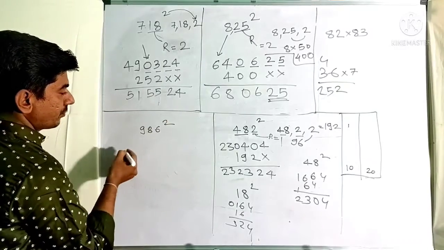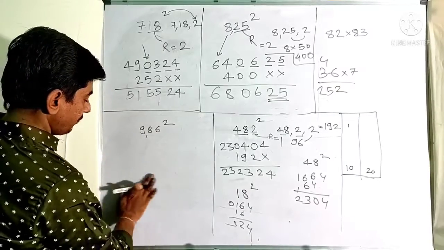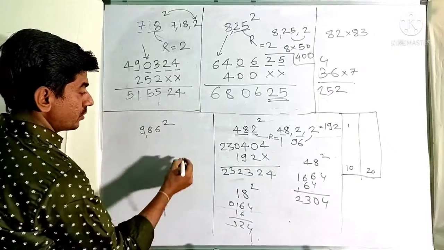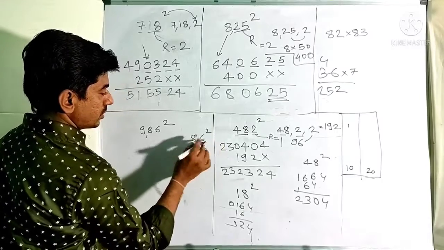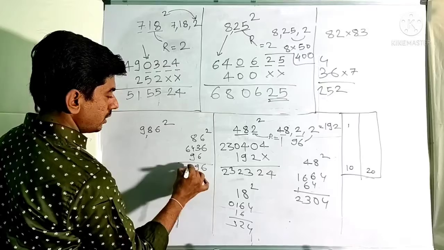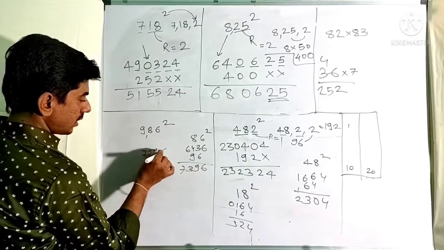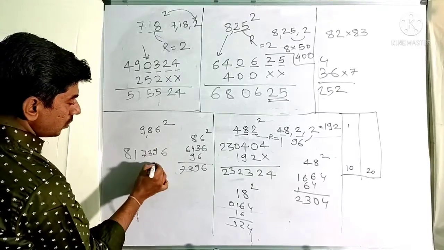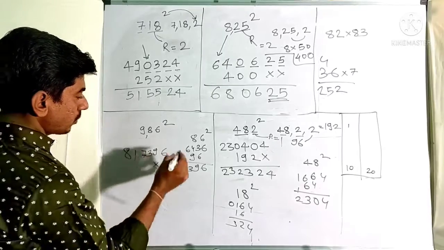986 square. Lengthy number. Multiplication you should also do, and you should also get the square of 86. Okay, 86, 64, 36, 48, 96, 6, 9, 3, 7, 86 coming as 7396. 9 is coming as 81. Now leave 2 digits. Again take the product.